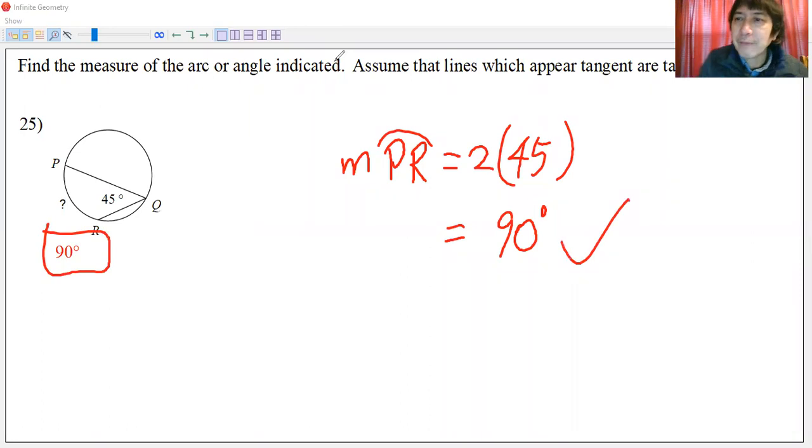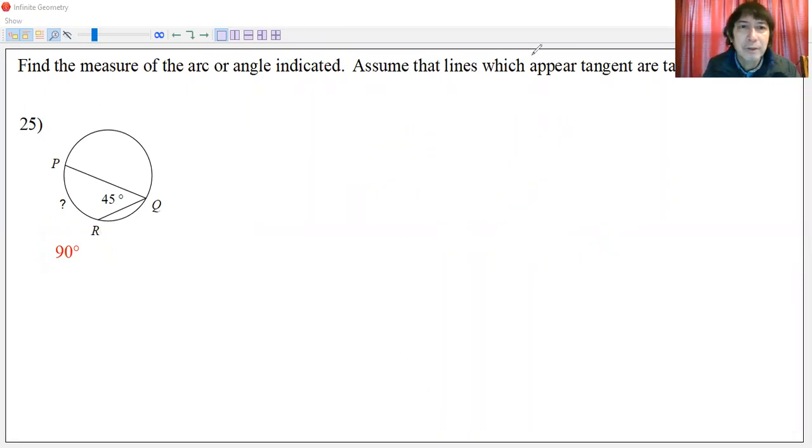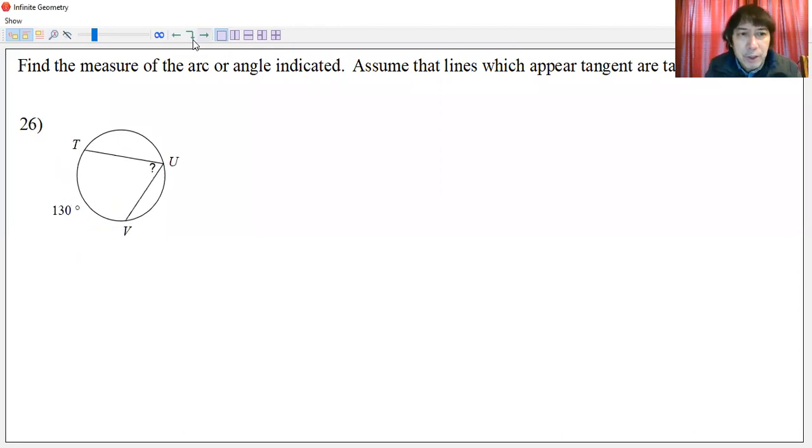And this is correct. Okay, let's continue with number 26. Here's number 26. And still, our configuration became just an inscribed angle. So the angle with the question mark, which is angle TUV,